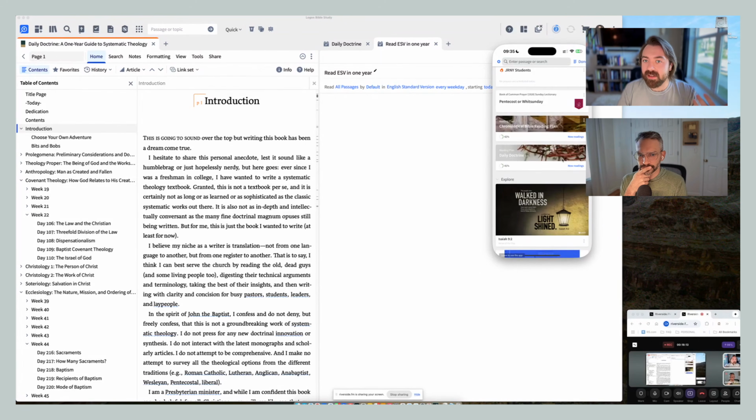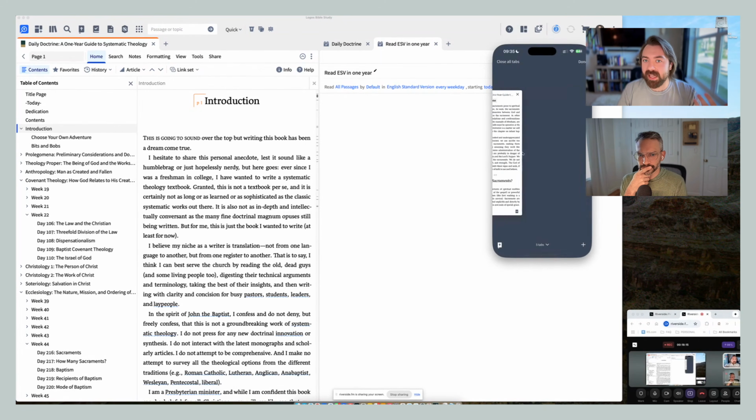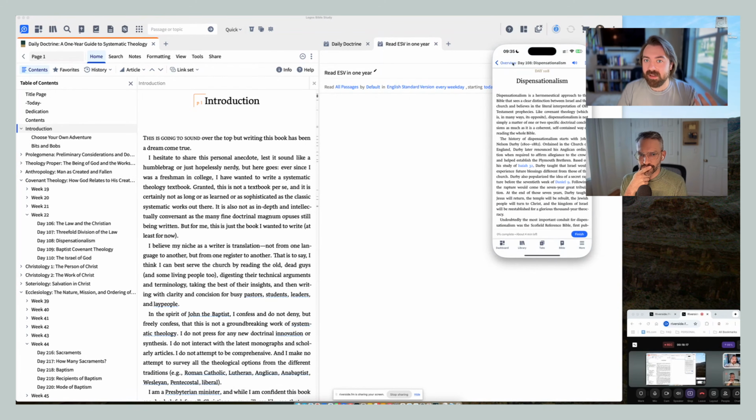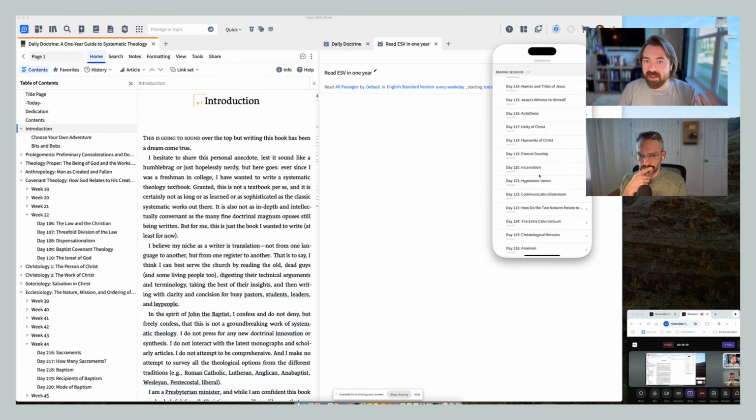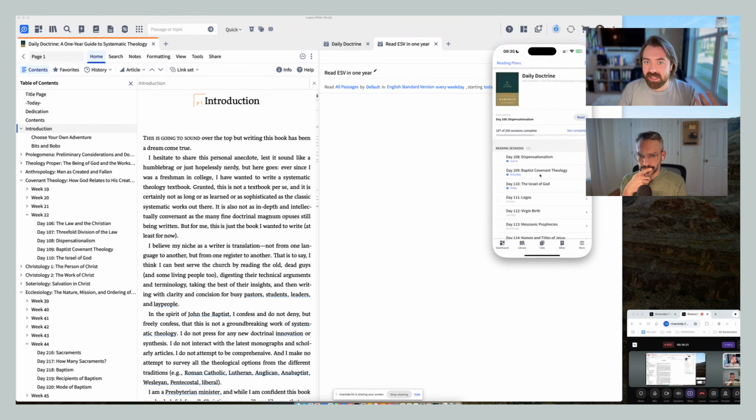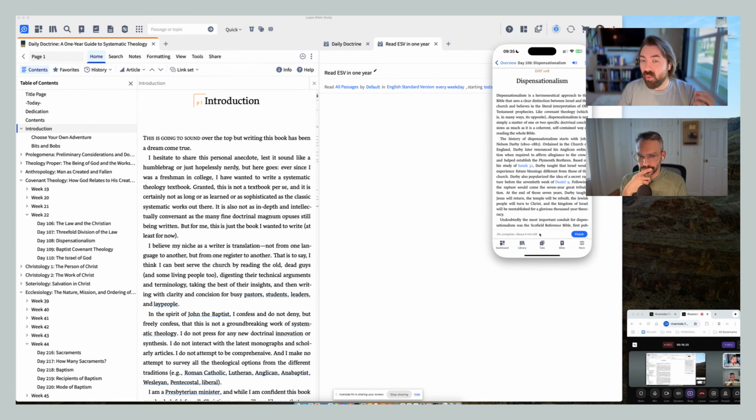And I can touch on that reading plan. It opens up a new tab, and then I can see what I have available that needs to be read. I can go ahead and click read. And one of my favorite functions that I need to drop a feature request for on desktop, at the bottom of the screen,